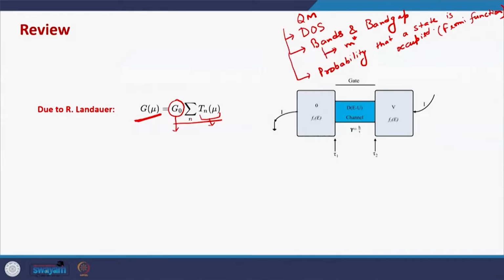So, essentially according to Landauer's formalism, the total conductance of a material is the sum of transmission possibilities in various channels in a device multiplied by a fundamental constant, which is known as the quantum of